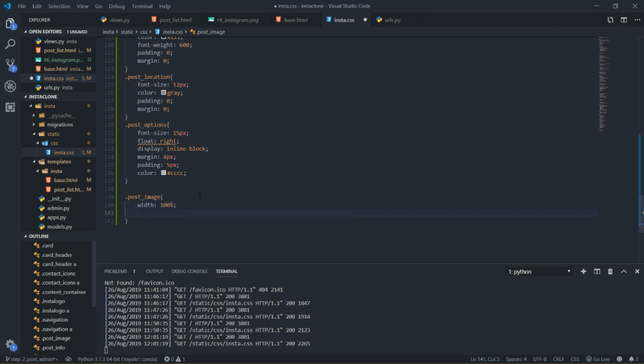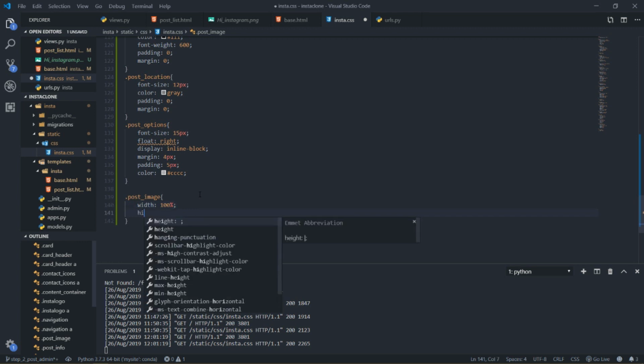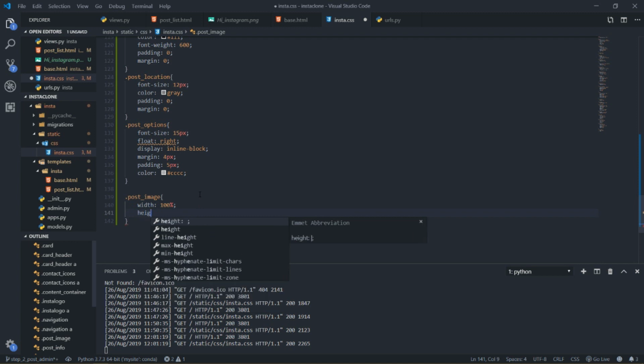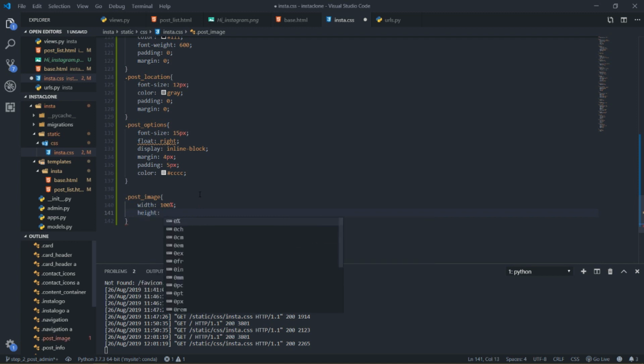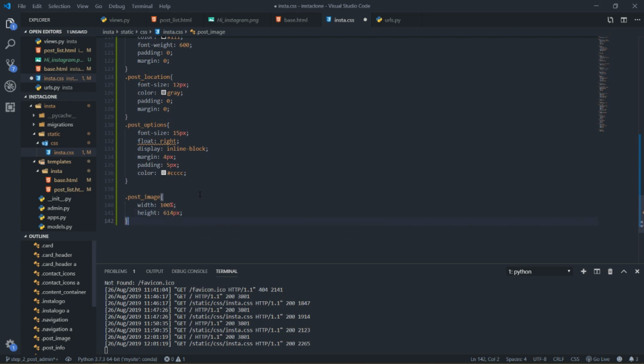And my height is going to be also 614 pixels because Instagram pictures are always in a square shape. So yeah, this should do it for the picture, even though we don't have the picture yet, but we will have